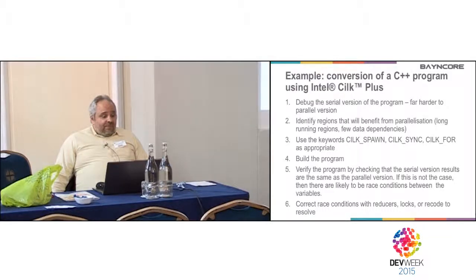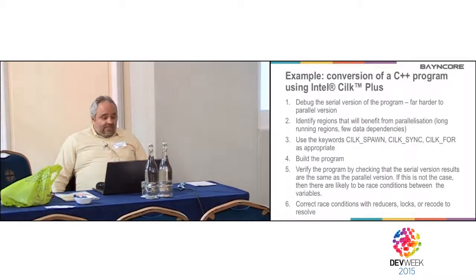And then once you've identified those most responsive regions in your program, you can basically use the keywords cilk_spawn, cilk_sync, and cilk_for. You obviously include the header files, and you configure the environment variables as we've specified in previous slides. And then you build the program using the correct kind of Intel compiler directives. And then you verify the program by checking that the serial version results are the same as the parallel version